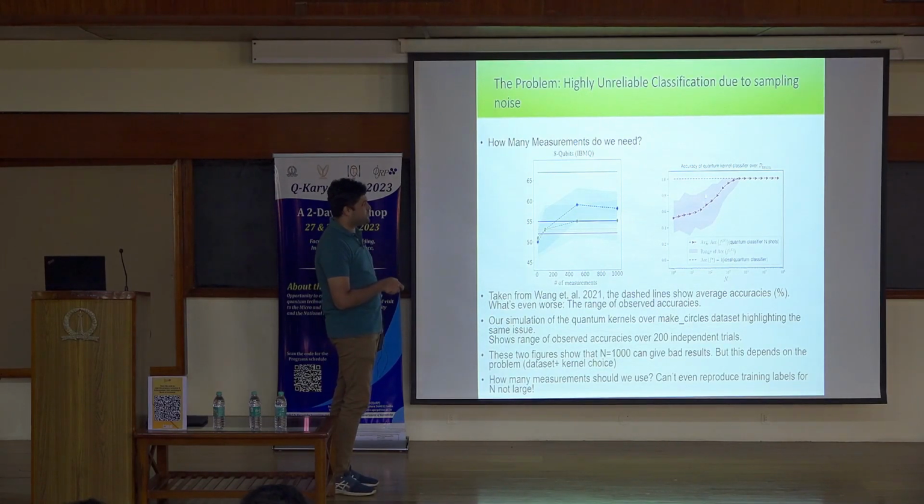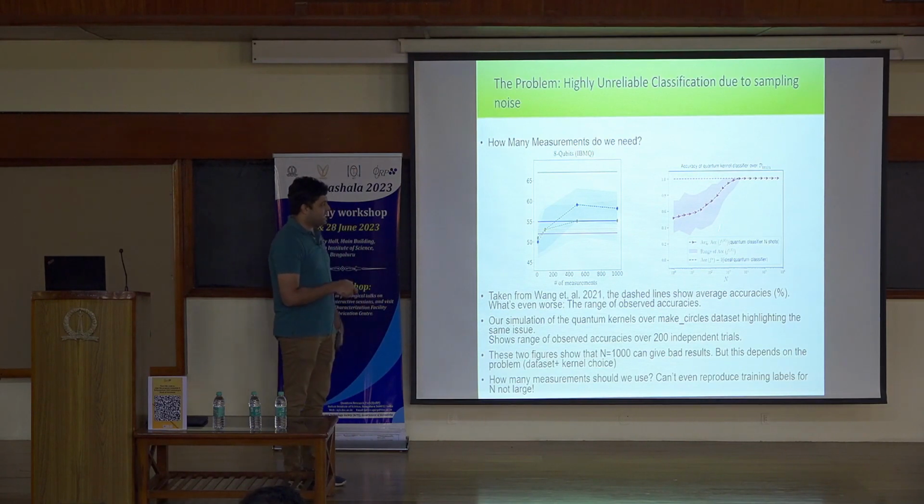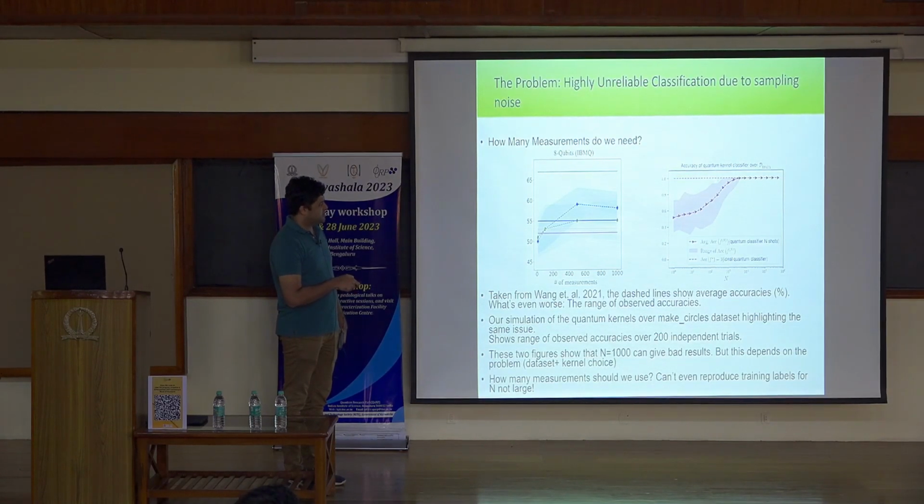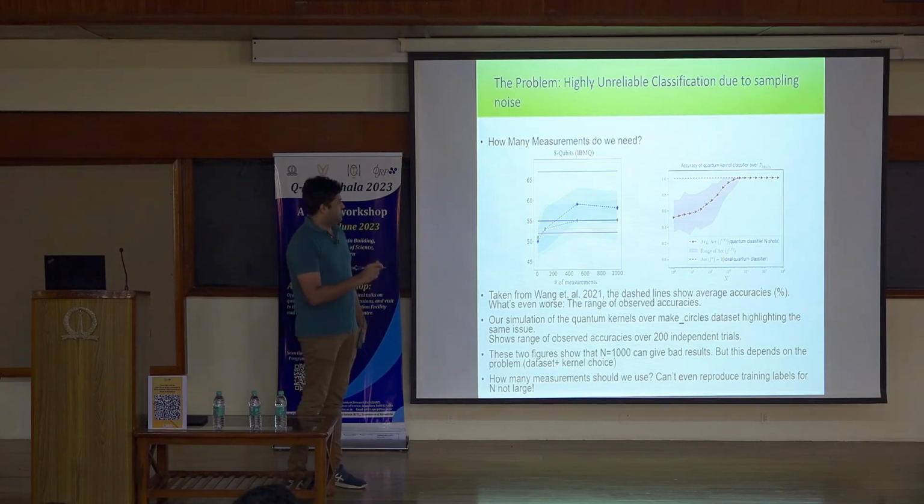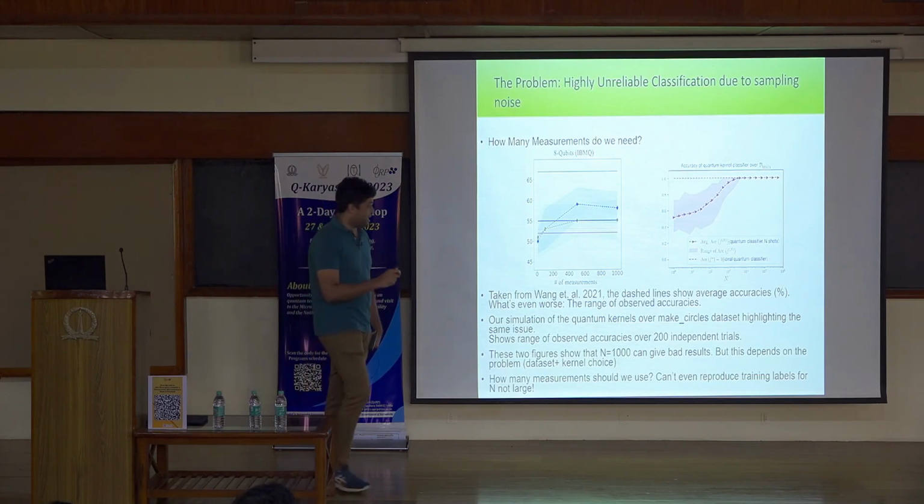So one has to come up with a metric which captures the reliability of this classifier. It's not very reliable. Once I run it, it's so low. Another time I run it, it's very high. And you can't just look at the average accuracy. You want this classification to give the same label every time you run the classifier using, say, n measurement shots. If I use the same n measurement shots on a different day, I can't be coming up with a different label. That's no good. So you need reliable classification.